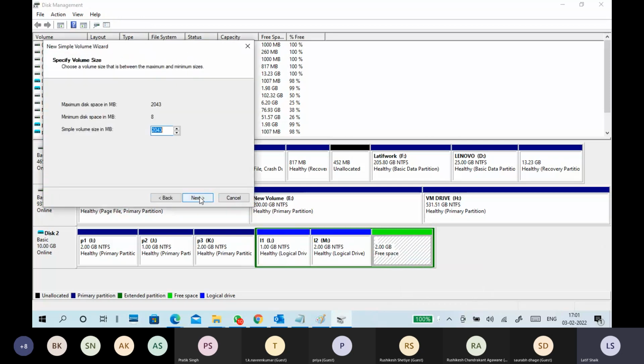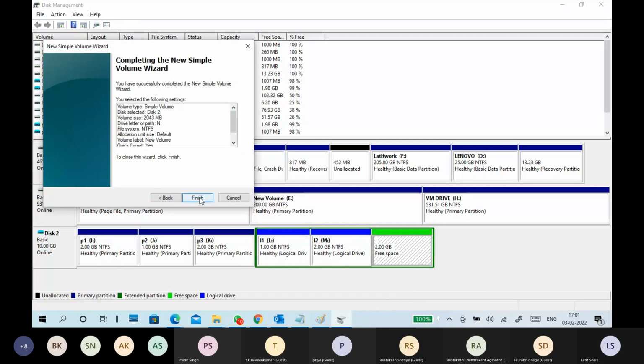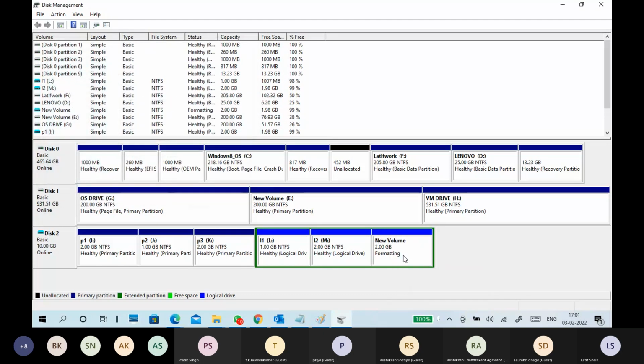So in total, I think this is 3 logical drives. I created just these; you can create more. Okay, I, J, K, L, M, N.